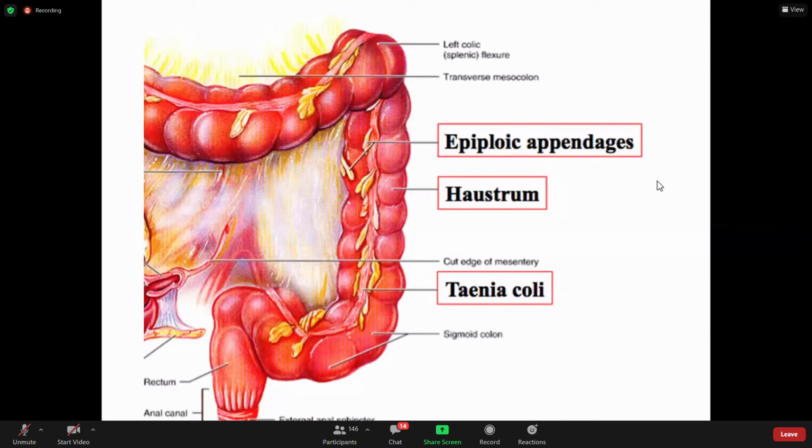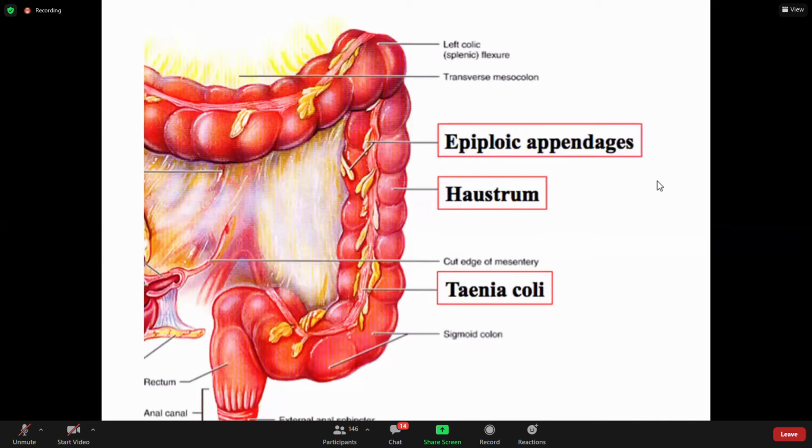Before we see those three differences, this is a very basic demonstration. Basically there are three distinguishing features of the large intestine which are not present in your small intestine. Those are the cardinal features which I am going to describe now. If you are able to see those differences in a live specimen, it is very easy to differentiate. I will explain one by one. This is the last part of today's PPT demonstration.